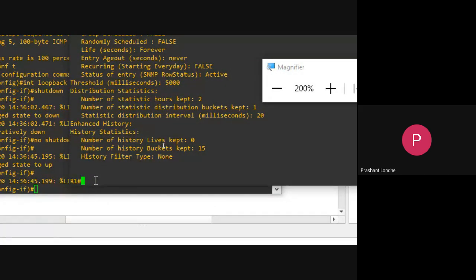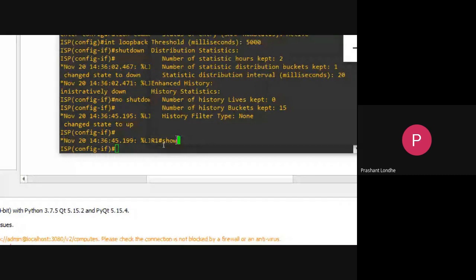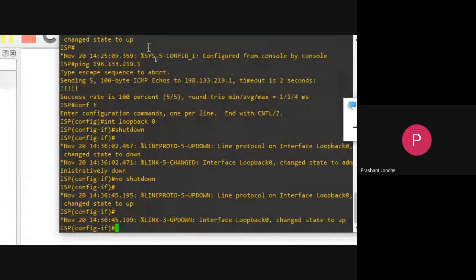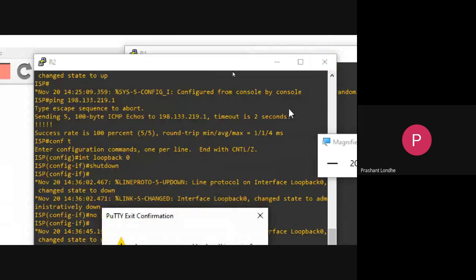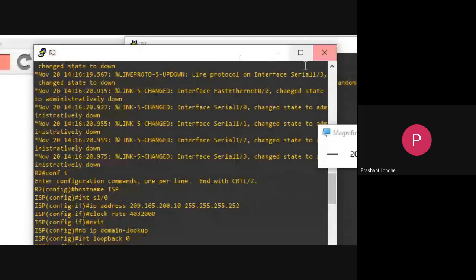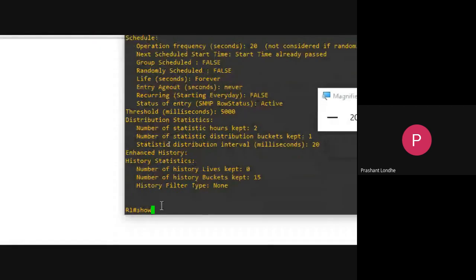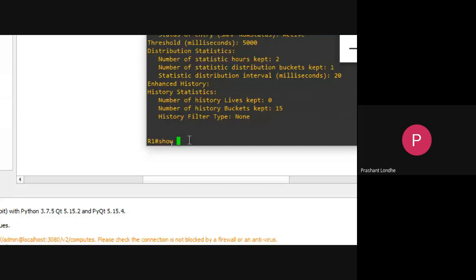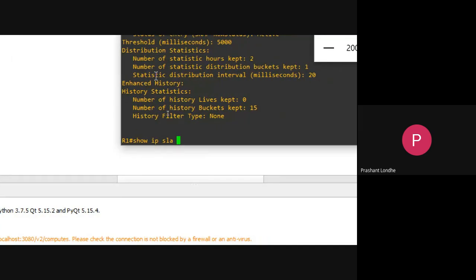Simply you can write show ip sla statistics.